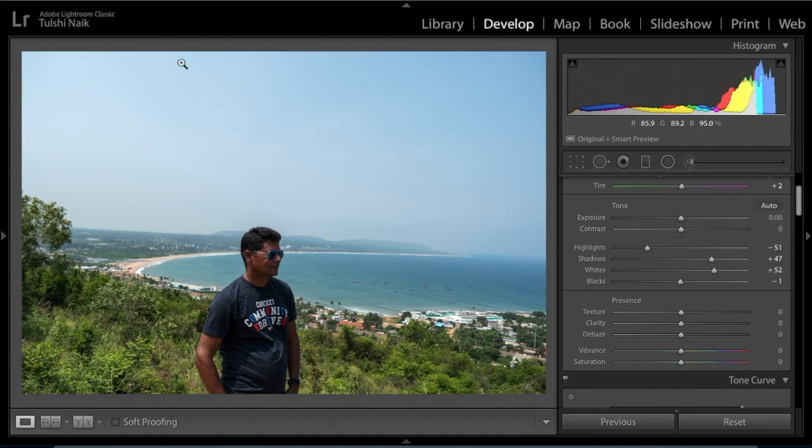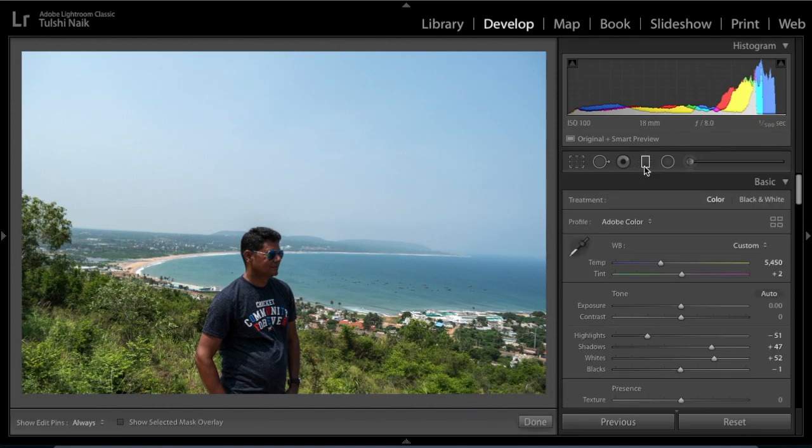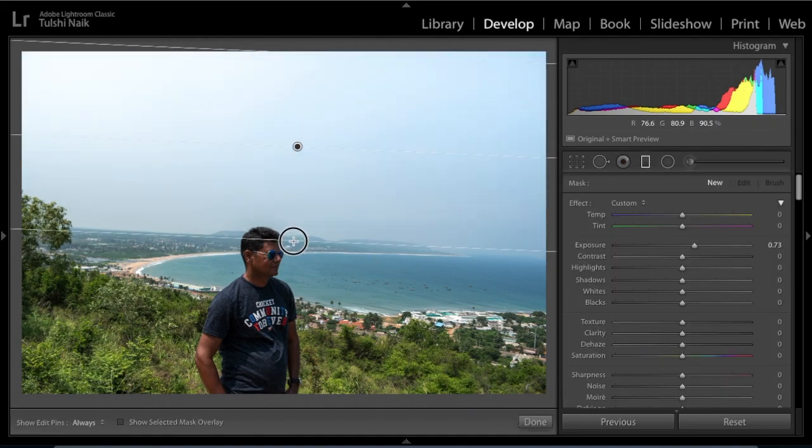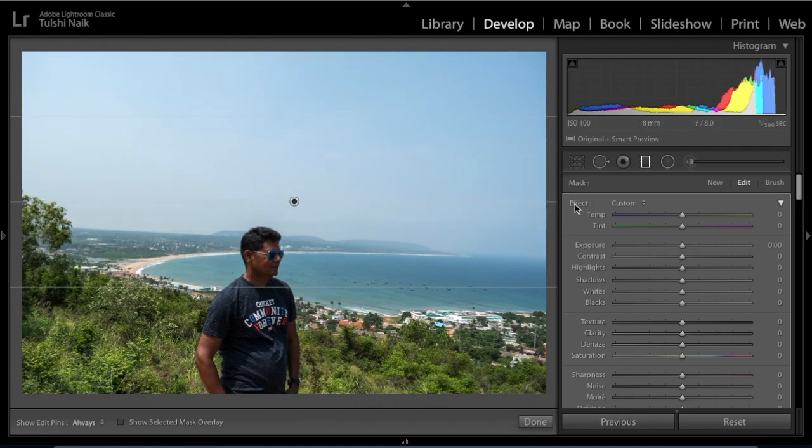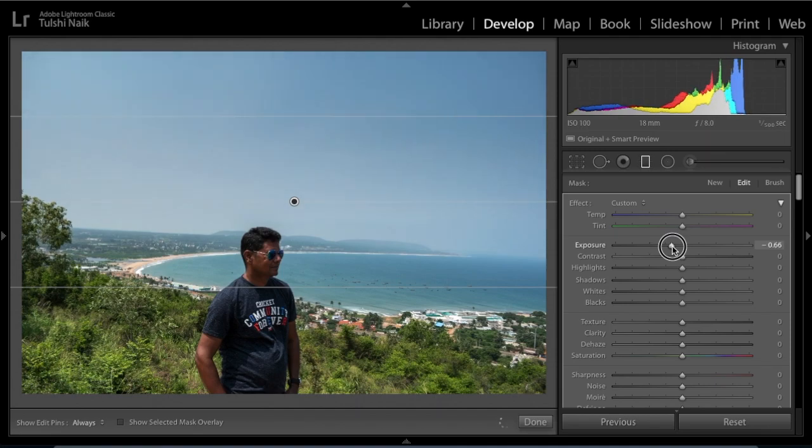Now let's begin working on the sky with the local adjustment. So I'm going to take gradient filter, make a selection of sky, reset the filter and just decrease the exposure a tiny bit till it matches with the foreground of the sky, maybe till here.